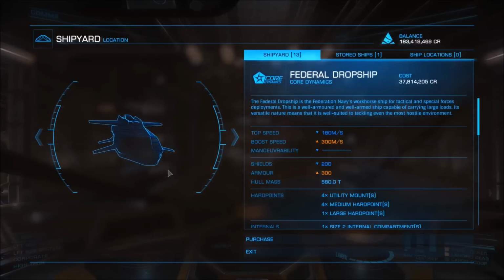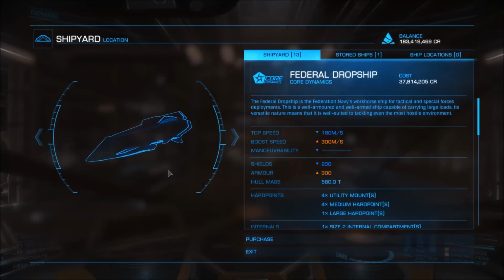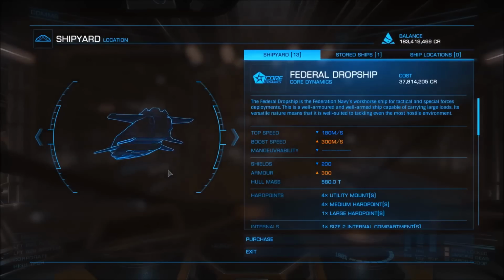This ship is exclusive to members of the Federation, and in order to acquire it, you should first achieve the rank of Ensign in the Federal Navy. We are going to treat the Federal Dropship as a multi-role ship, but this is only because its main role has not yet been implemented in the game, and it is going to be used primarily as a transportation vessel, transporting around troops for the Federation across the galaxy and assisting probably in planetary invasions and the boarding of stations